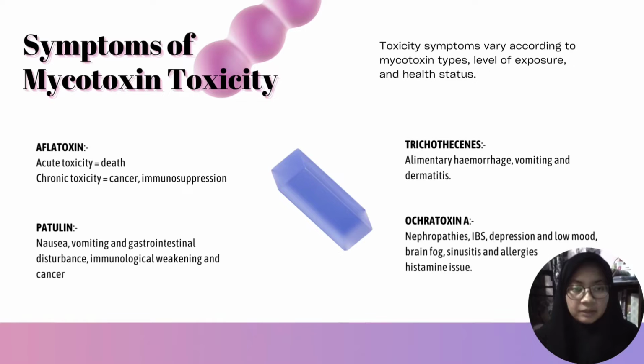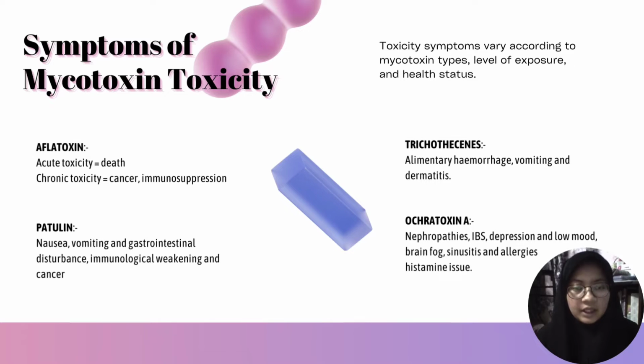So the toxicity symptoms can vary according to the level of exposure, types of mycotoxin, and also the health status of the individual. So here are four types of mycotoxin whose symptoms I will further elaborate on. Firstly is the aflatoxin, where the symptoms of acute toxicity may cause death, while chronic toxicity may cause cancer or immunosuppression. Next, we have patulin, where toxicity may cause nausea, vomiting, gastrointestinal disturbance, immunological weakening, and